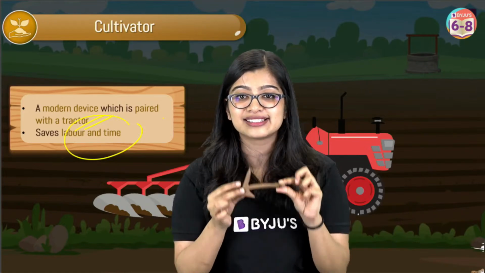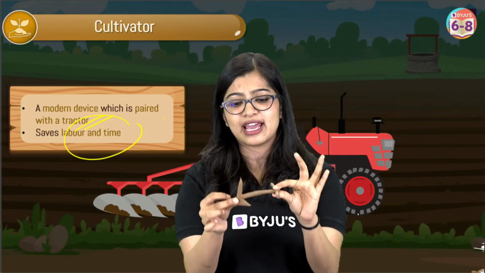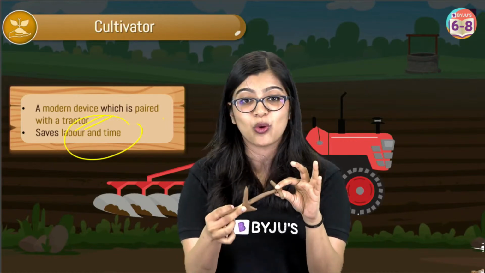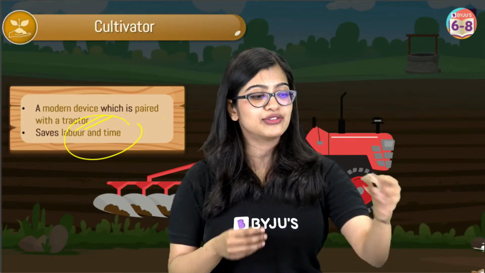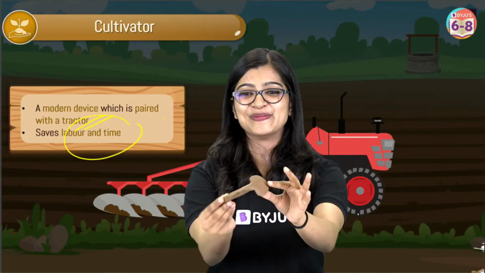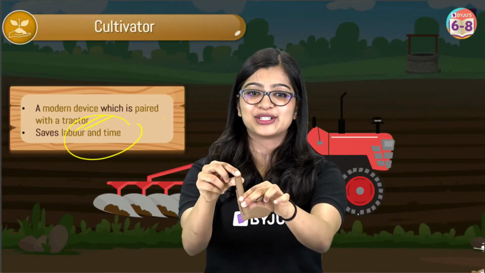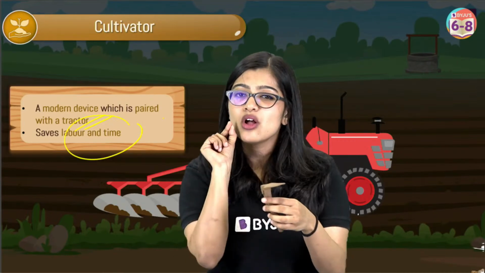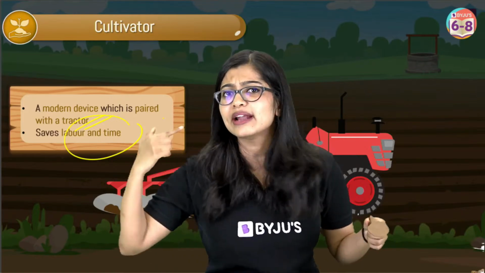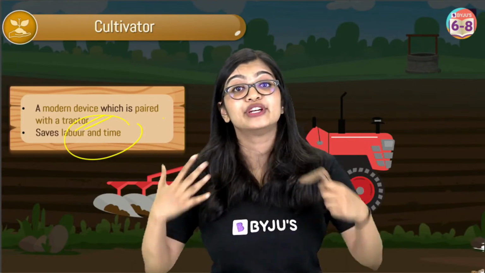As you can see, it makes it very, very easy to remember because you are making it. So these are some ways in which you can remember these structures. Similarly, I have the hoe made here. Can you see that? I will put it in front so that it's clear. So I made another hoe-like tool, which makes it easy to remember. These are all some ways in which you can learn things better by visualizing it.